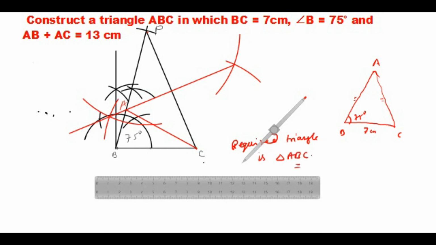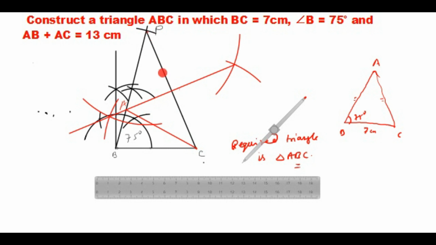Now a little justification. Why do we do so? By drawing the perpendicular bisector of this line segment, which intersects the line at the point A, why are you taking this A, and how does AB plus AC become 13 cm? For that you have to consider these two triangles. In these two triangles you will find, since you are drawing this perpendicular bisector, this is equal to this by construction, and this is also equal to 90 degrees by construction. And this side is common.